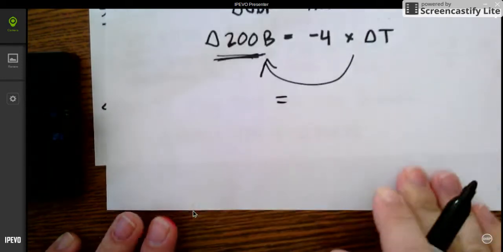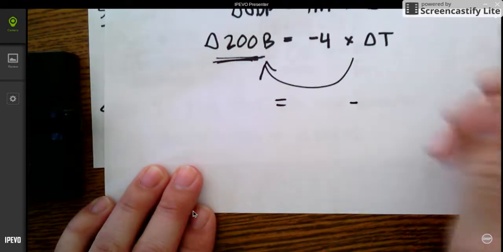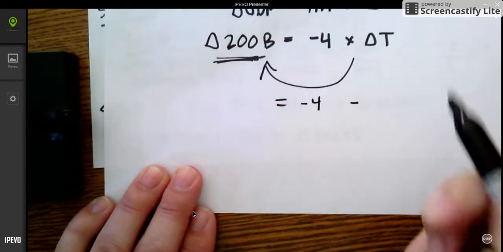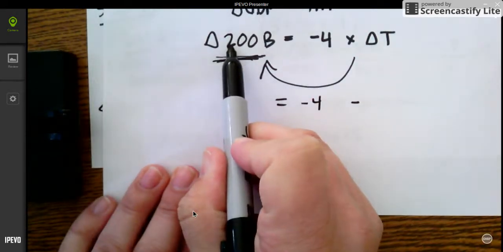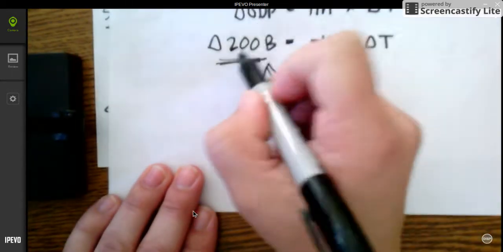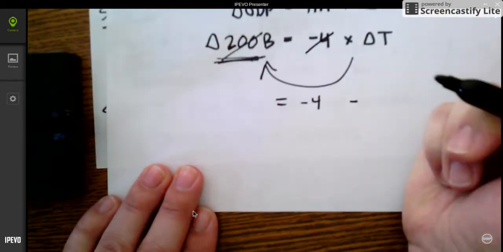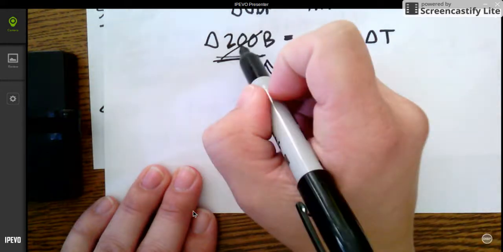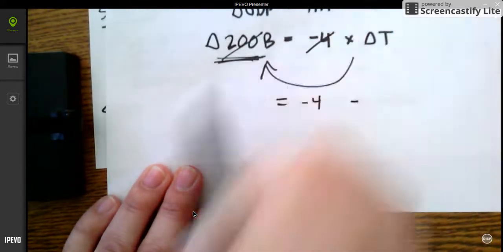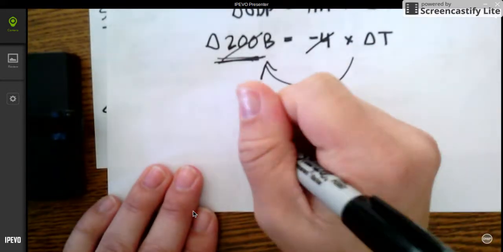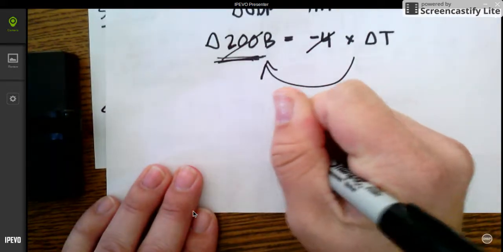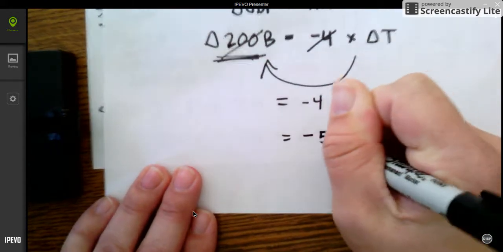So we're actually going to be looking for a negative number for the tax change. So a -4 to equal 200 billion. If I take this 200 billion and divide it by 4, what times 4 is 200 billion? 50. So I need to have a -50